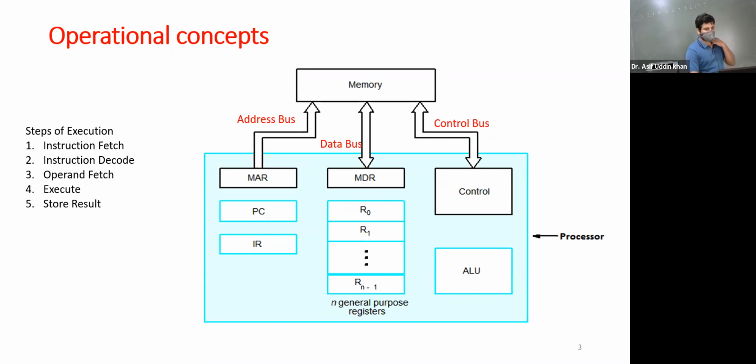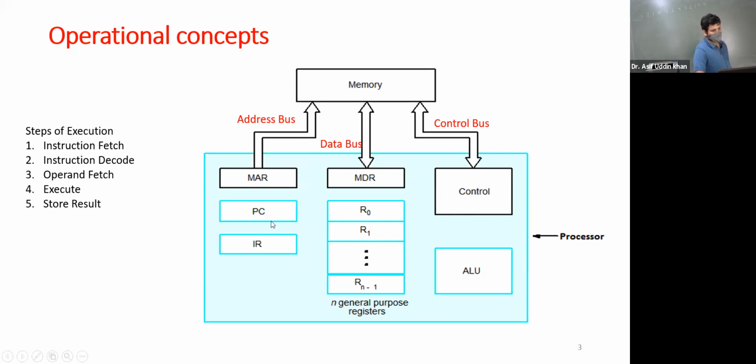It gives the address of the next instruction to be executed. Okay? The program counter gives the address of the next instruction to be executed, and the instruction is executed where? Here. The ALU executes the instruction, and this ALU executes instructions under the supervision of this control unit. The control unit gives the control signal, and based on that the ALU operates. So all the operations here are controlled by the control unit.